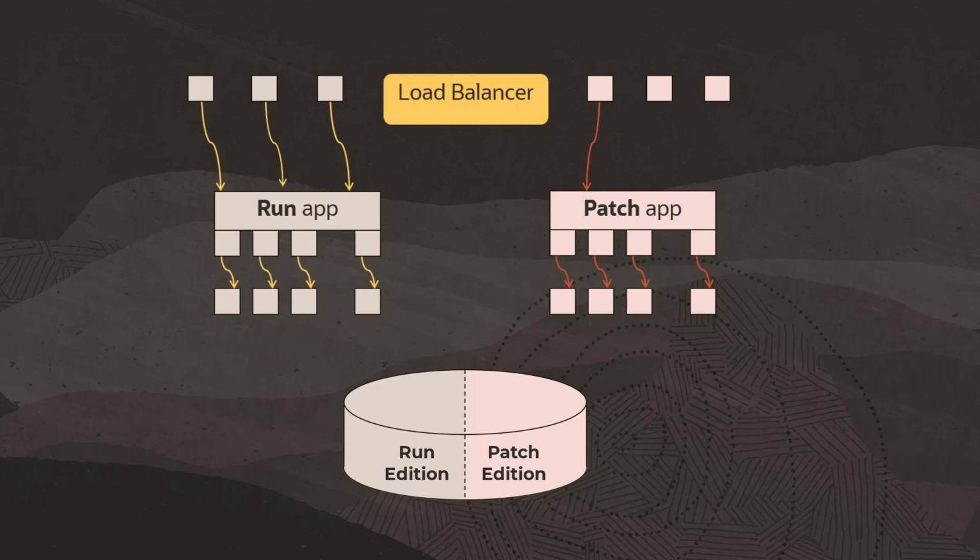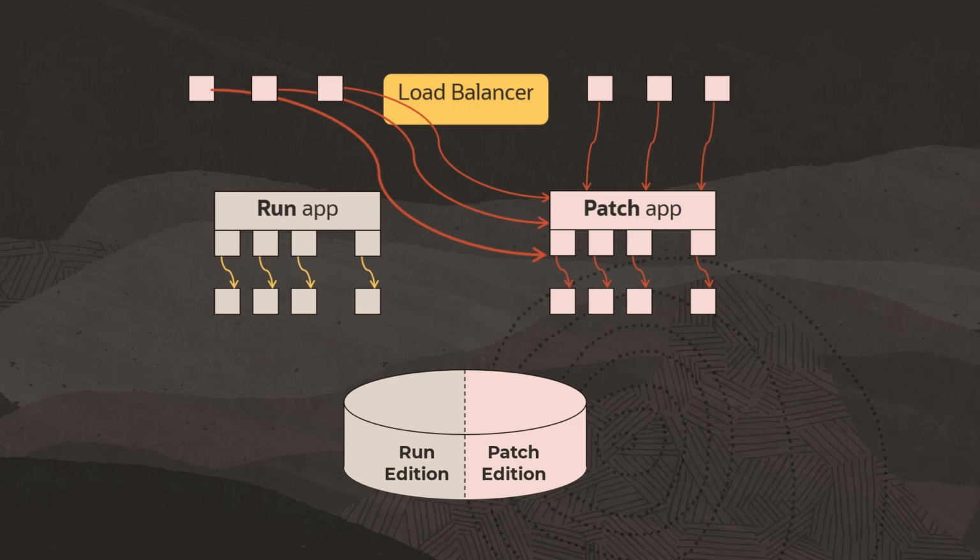As new clients connect up to our patched application, we'll gain more confidence that it's ready for production. As older clients connect back up, we can use a load balancer to connect them up to the patched application as well. Eventually, there will be no connections to our original running application, and our patched application will be ready